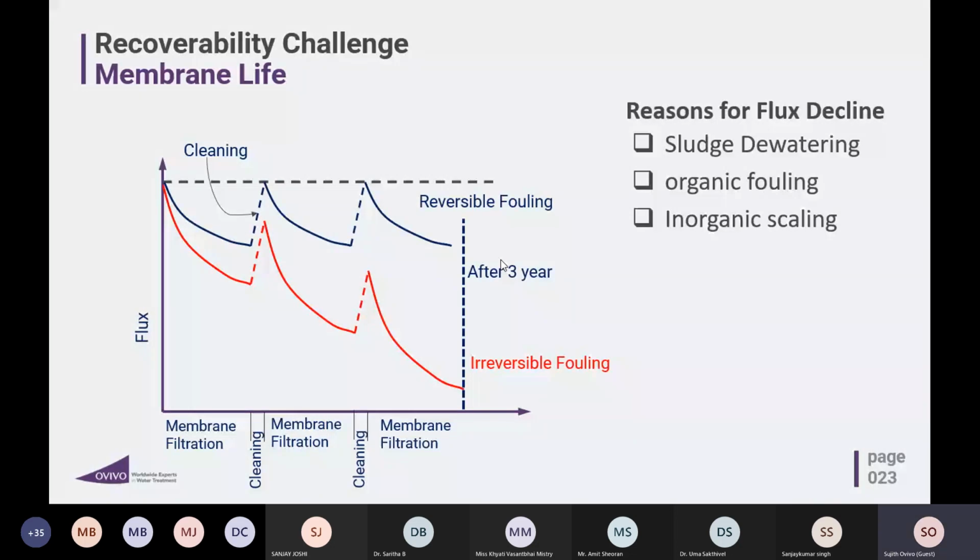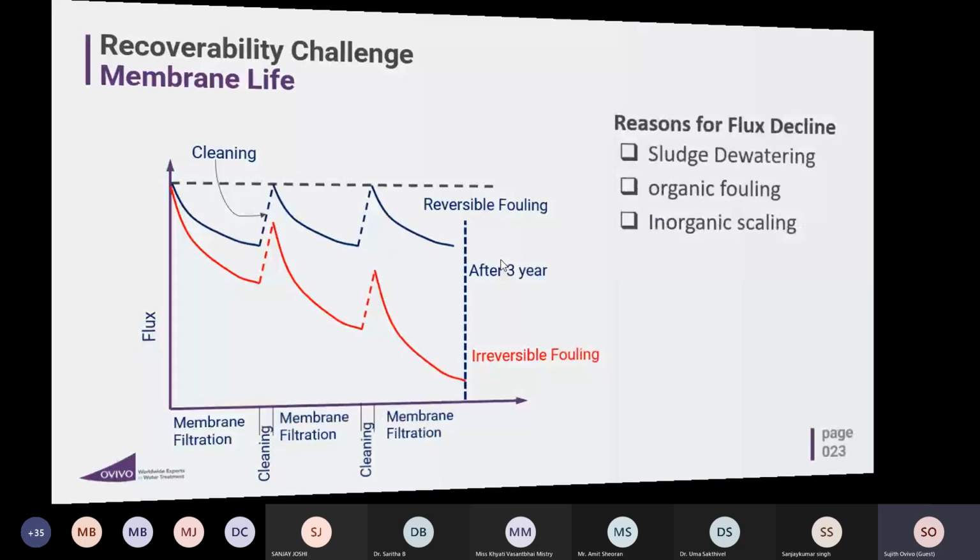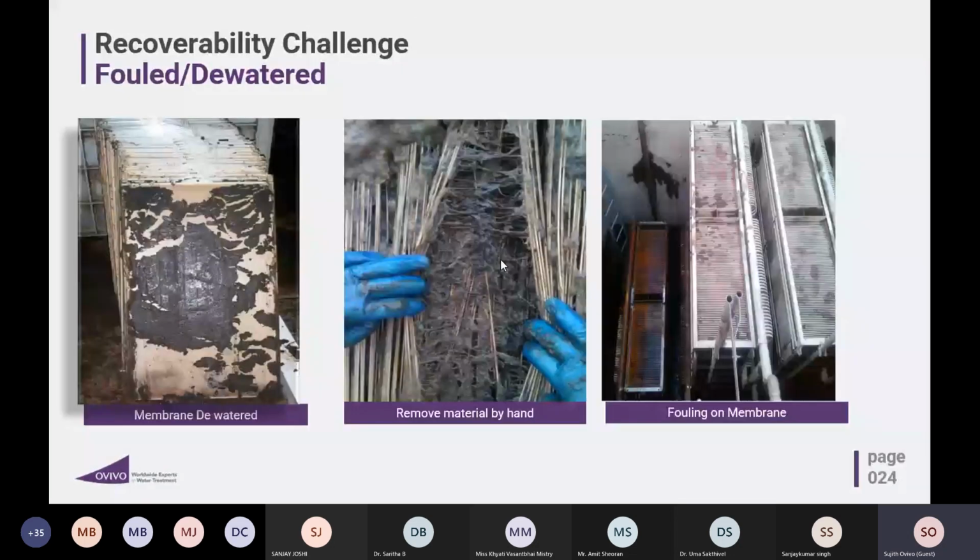These are some of the pictures of fouled or dewatered membranes, right? You can see the sludge on the surface of these membrane plates. This is basically flat type membranes, flat plate membranes, and this is hollow fiber membranes. You can see in hollow fiber the sludge got accumulated. It's very difficult to take off in the hollow fiber membranes, and the fouling which happens, you can see